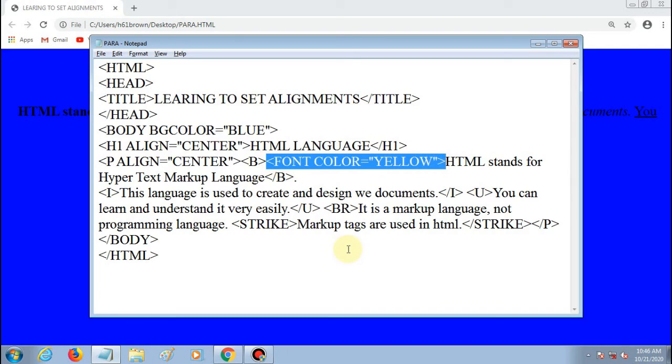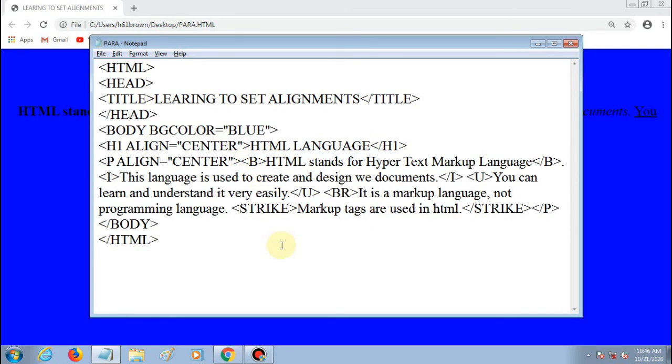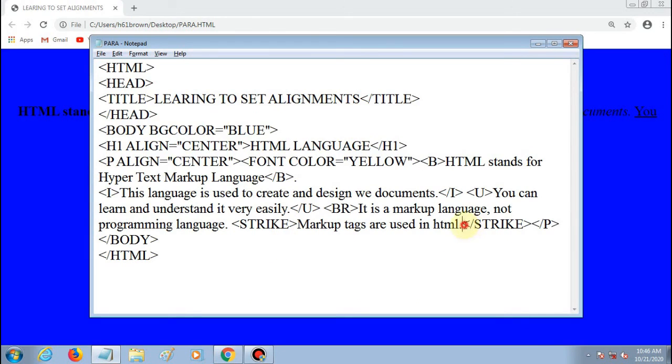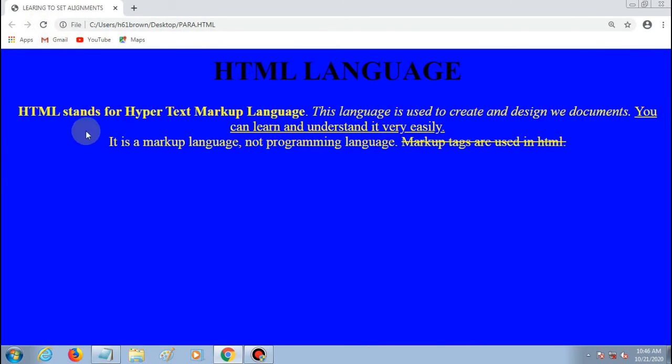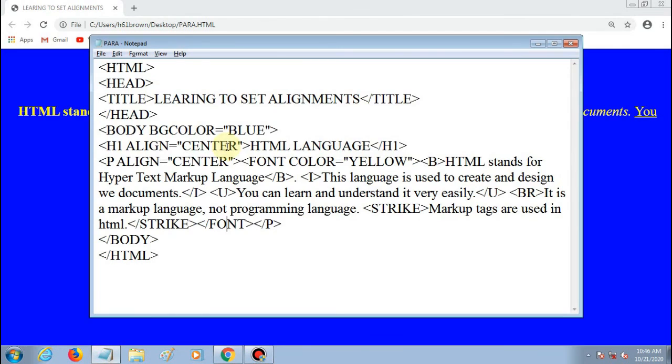Write this font tag before b tag and here you close it before p tag. Then save it and reload the page. See, the color of text is changed to yellow. So this font tag can be used to change color by using this color attribute.